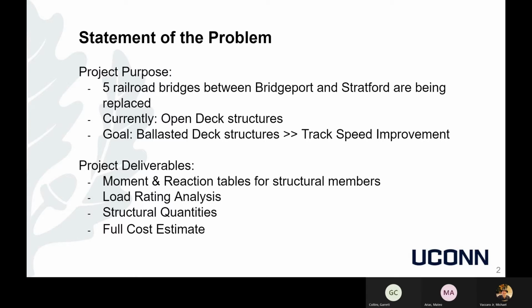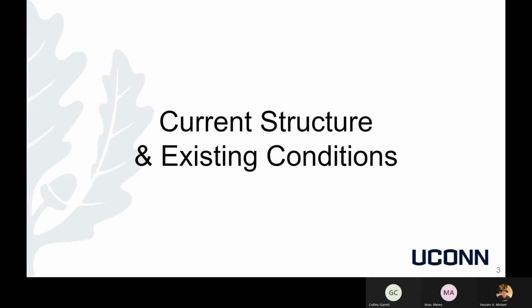project. So what they need from us are moment reaction tables for our structural members, a load rating analysis, structural quantities, and a full cost estimate of each of our members, such as girders, stringers, floor beams, etc. I'm now going to pass it along to Garrett to talk about the current structure and existing conditions of our